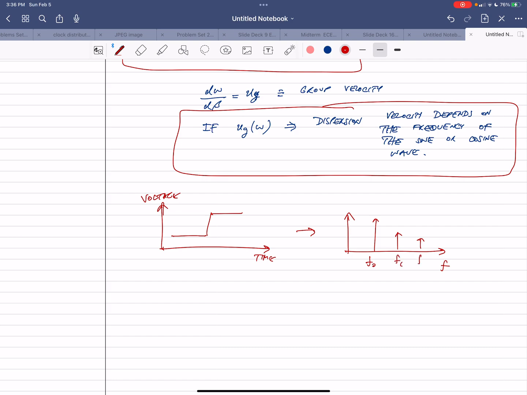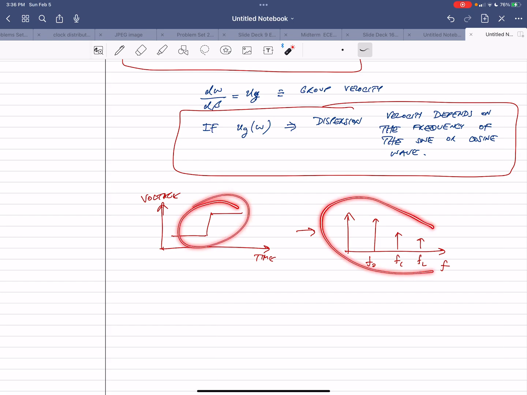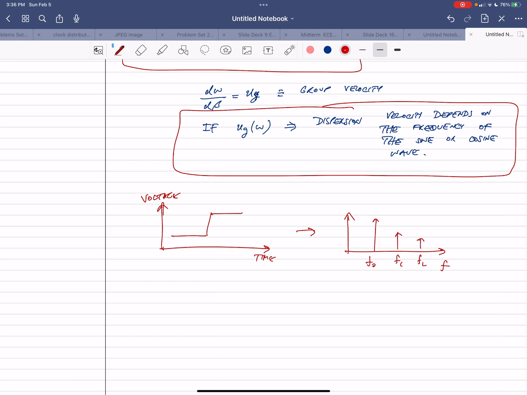So basically this is made up of a bunch of cosines or sines to make up this square wave, and we can segment it in the frequency domain in different frequencies. What would happen if you have dispersion is these different frequencies would travel at different velocities through the transmission line, and that means even if you don't have loss, when you're traveling through the transmission line, this square wave is going to start changing its shape